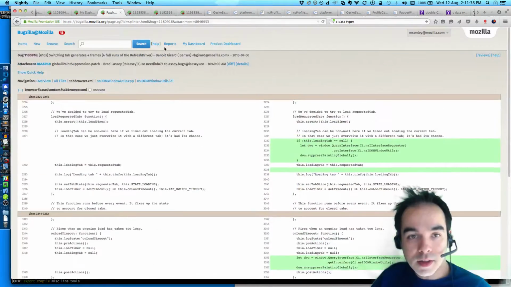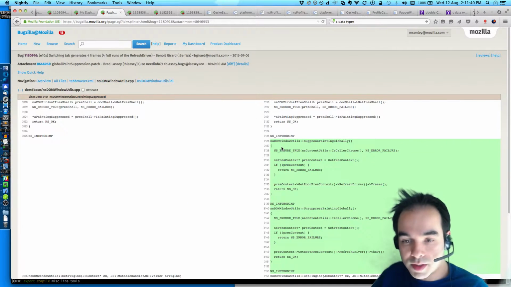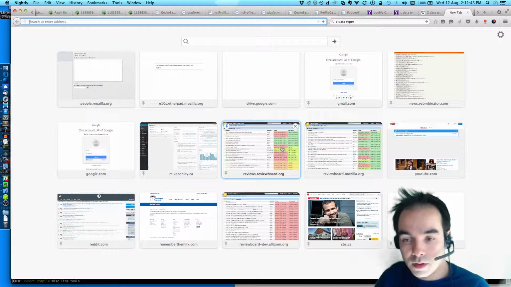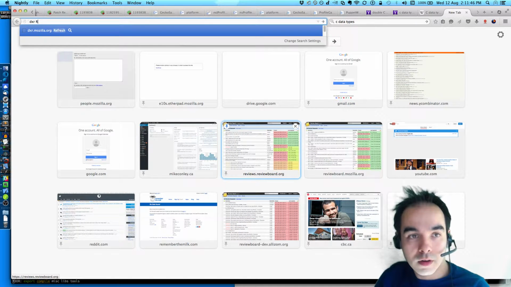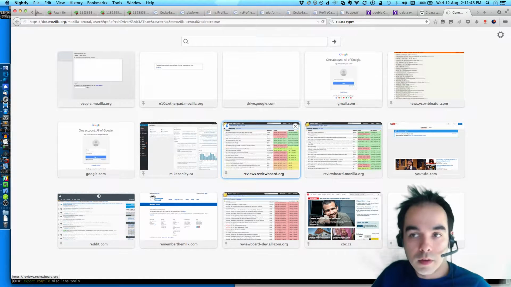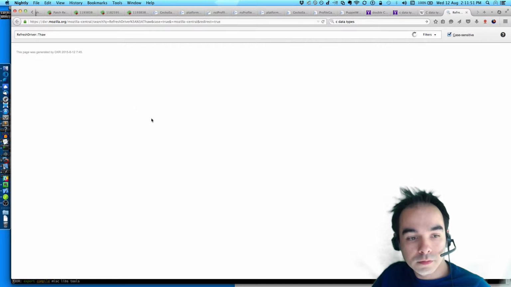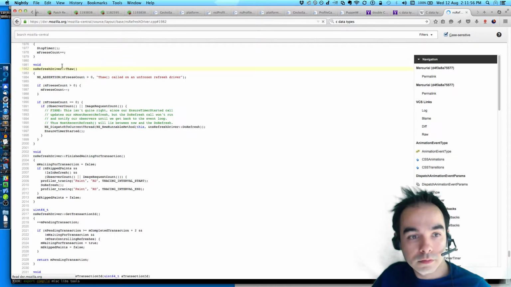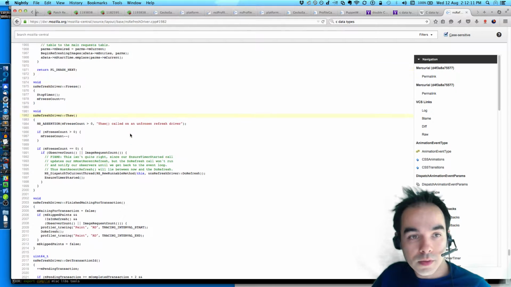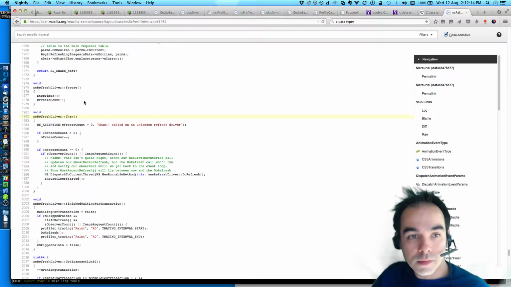Now, what do these freeze and thaw methods do on the PresContext refresh driver? So this is like this count. So we freeze, we stop the refresh driver.